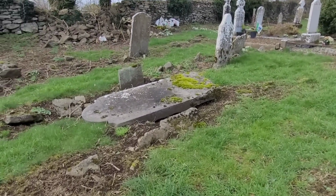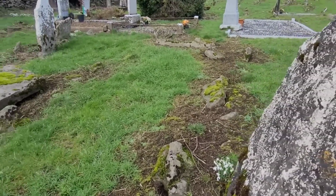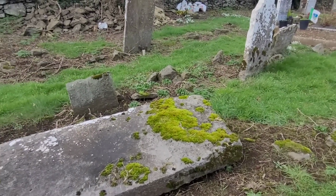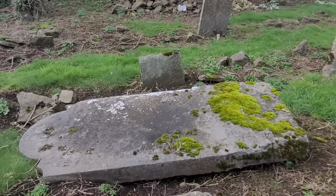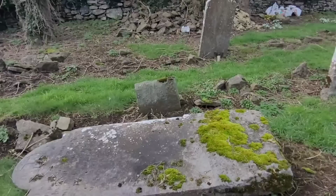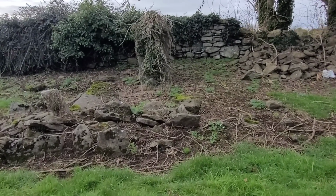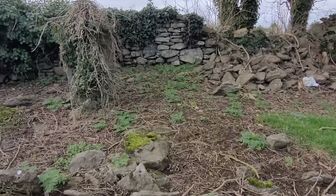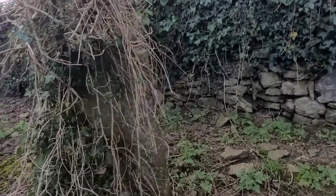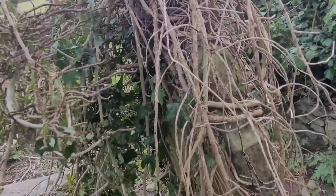Look at the size of those headstones. If they fell on you, and I know Julia from Graves Down Under did a little video where she was talking about people who have died when these headstones have fallen, and look at the size of them. You would think absolutely that could happen, couldn't it? Now, it does seem that there is some sort of clearing being done here. This one is situated on its own, but it's almost like the ivy is actually growing out of this rather than...